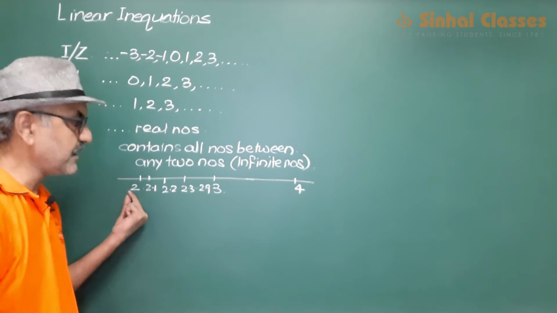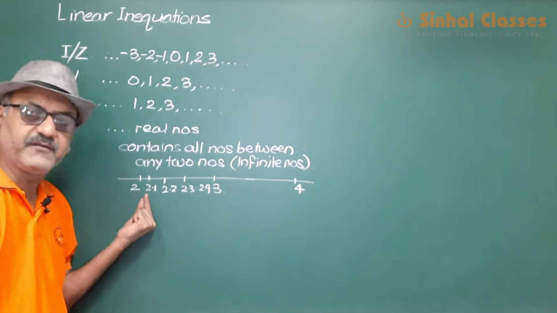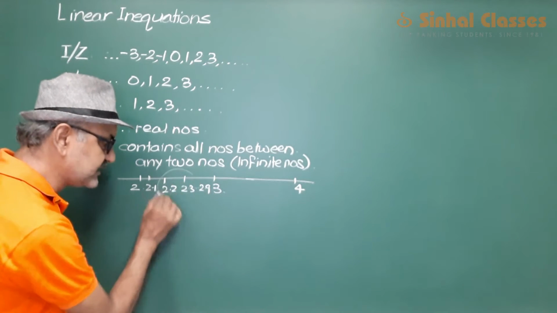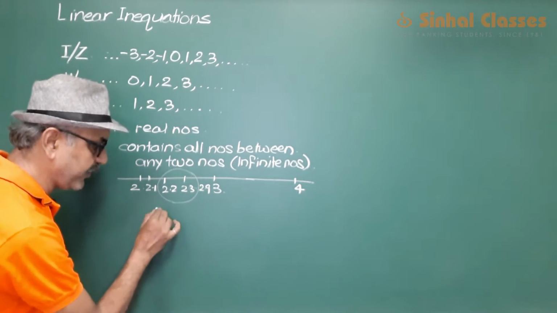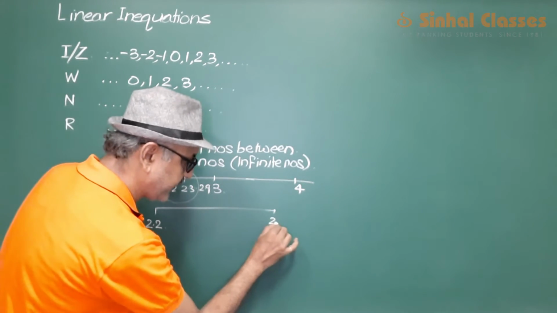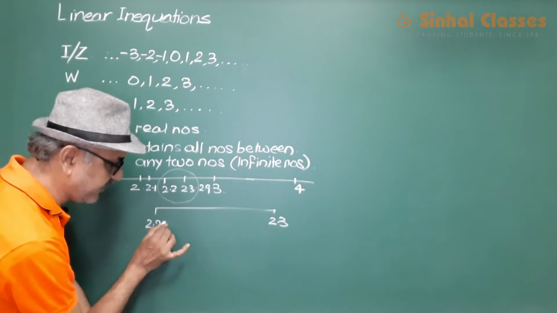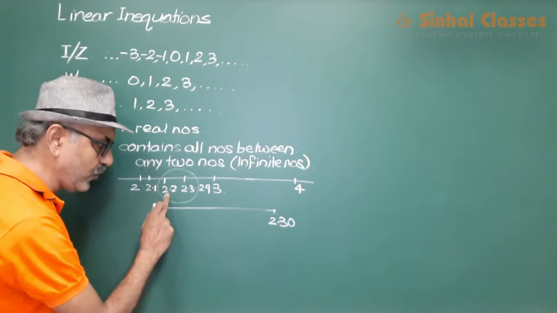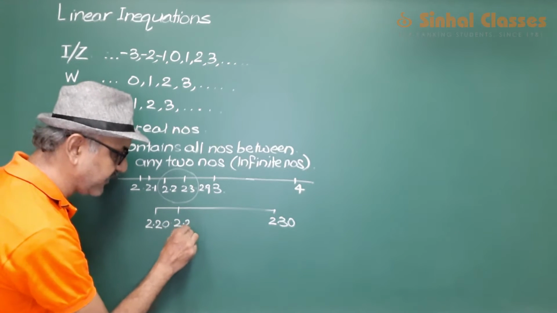Now if you consider any two numbers out of this, say 2.2 and 2.3, and then when you add a 0 here,